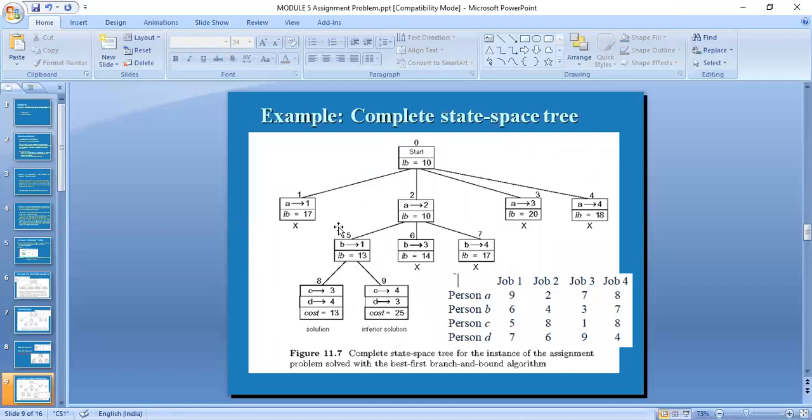Node number 5, if you see, we have already seen the choices for person A with job 2, person B with job 1. So C will be left out with only 2 jobs, that is 3 and 4. If person C is assigned with job 3, then person D will be assigned with only 1 job, that is 4. If person C is going to be assigned with 4, person D is going to be assigned with the left out, which is job 3. So now we need to know how to calculate the values.